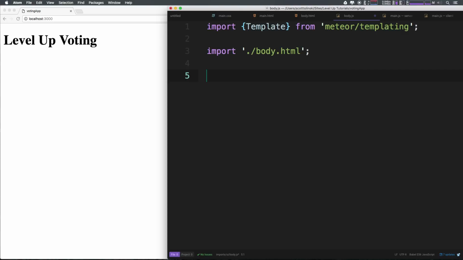Now our helper is really just something that we'll have access to in our HTML. It can be things that are processed by JavaScript. It can be items that are grabbed from the database. We can do all sorts of stuff. So let's type